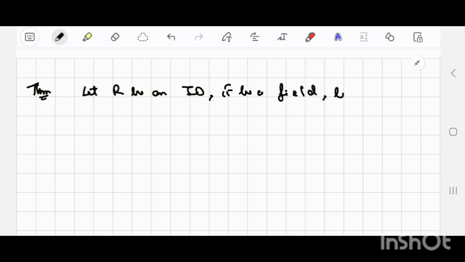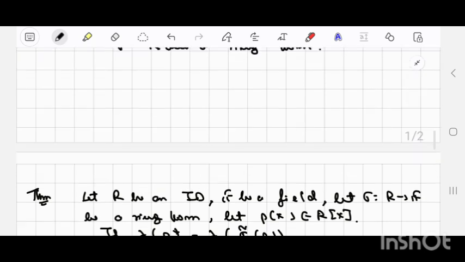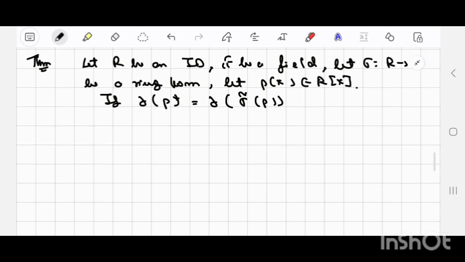Let sigma be a map from R to F, a ring homomorphism, and let P(x) be an element in R[x]. Now if the degree of P is the same as the degree of sigma tilde of P, where sigma tilde is the map we defined here, the extension of sigma to the ring of polynomials over R and F,